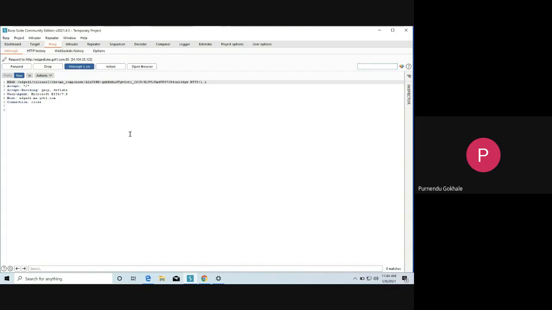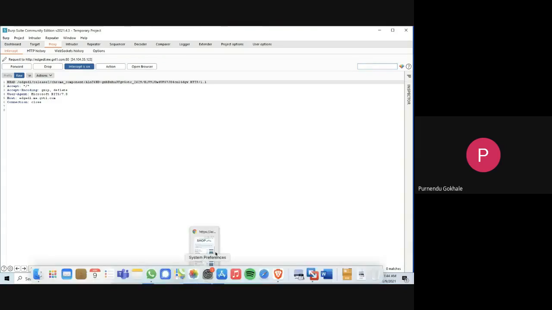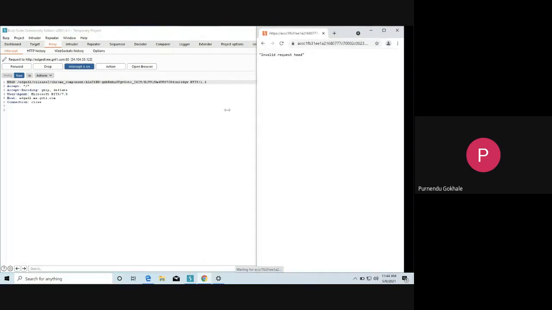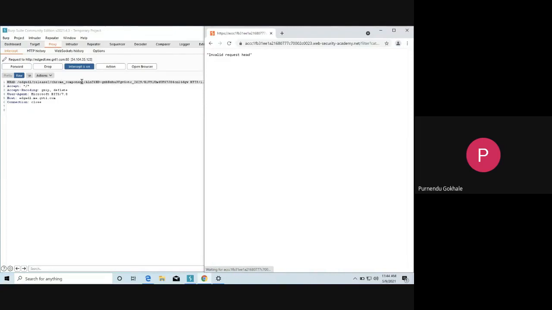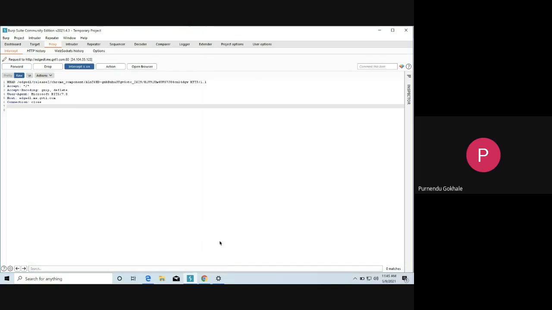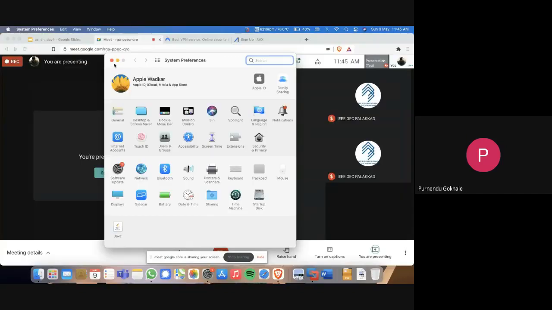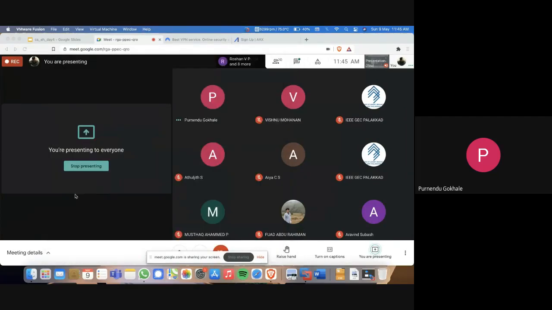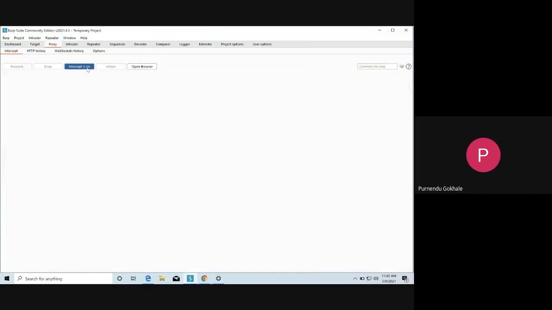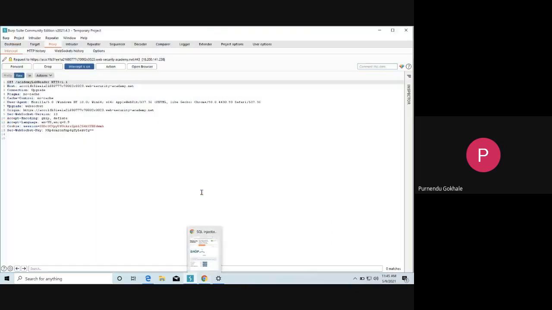Now just go to the browser. It says invalid request. Should I reload it? Yes, reload.